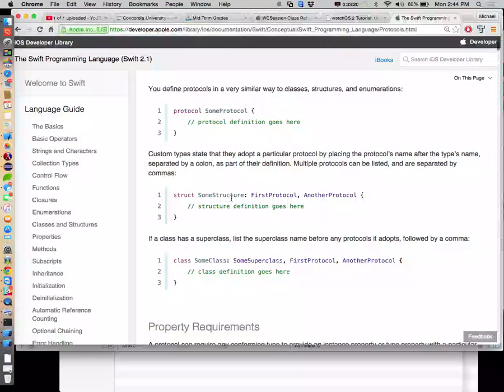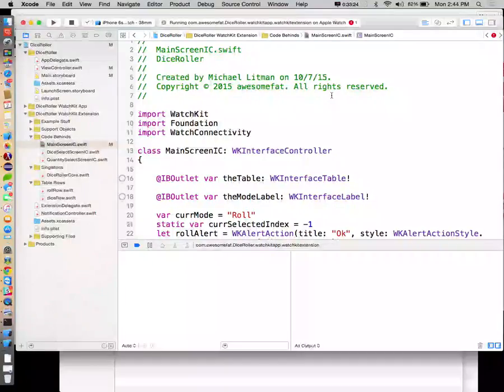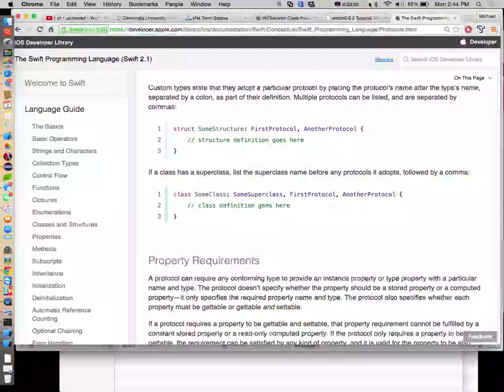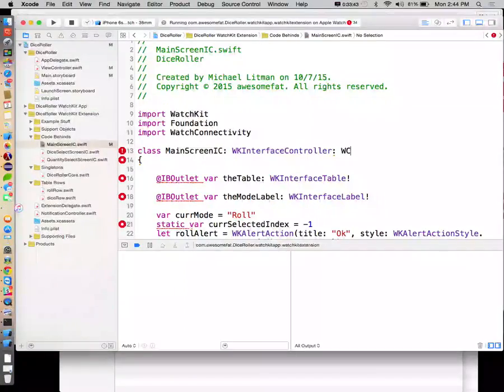Yeah, here it is. Some class colon. Okay, there we go. It's comma, like MainScreenIC colon WKInterfaceController comma. Oh, I understand what you're saying. What was this? WC